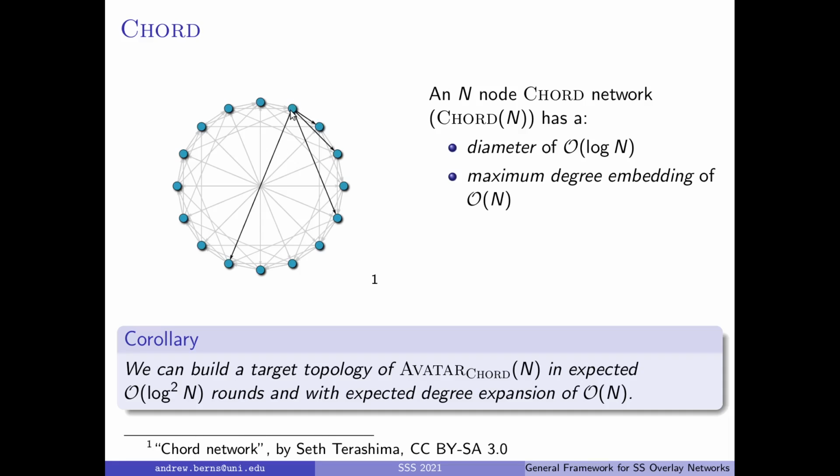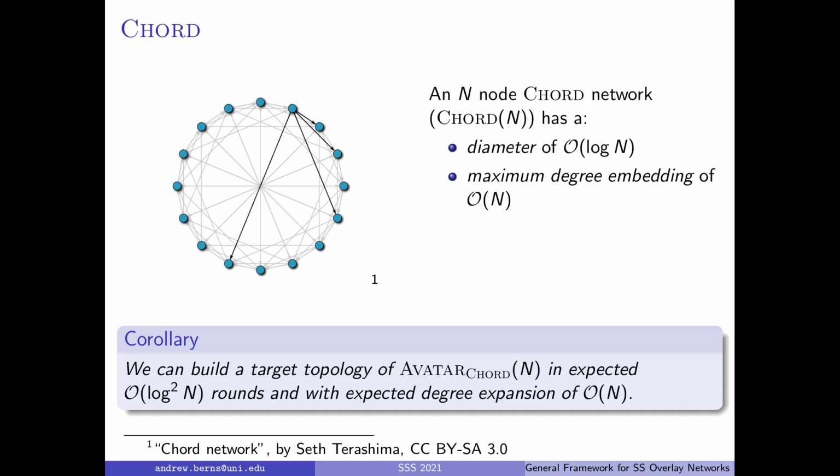embedding, a host node might have to take multiple nodes around the ring. So I might host this node, this node, this node, and this node. Notice each of those 4 nodes has a long distance link, that is, a link that goes all the way across the ring. And so if the real nodes aren't uniformly distributed, I might be in charge of hosting a very large number of virtual nodes, potentially up to order n.